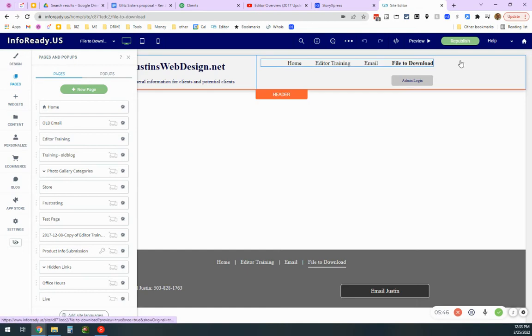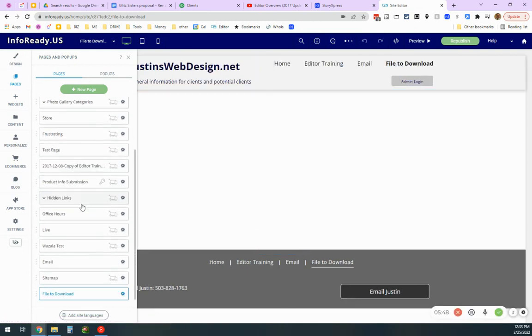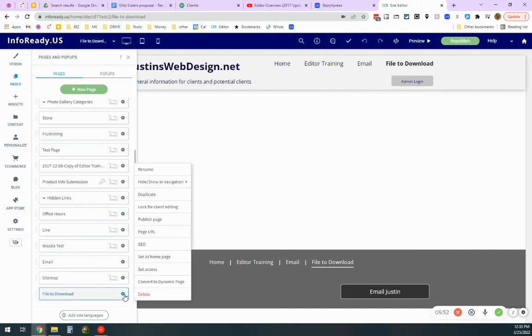By default, it's going to put it into the navigation, and it depends on how your navigation is set up, whether it puts it in there or not. But I don't recall. A lot of times it does. And so, assuming you don't want it to have in the navigation, you don't want to have that button in the navigation, you can click the little gear icon next to it and choose hide